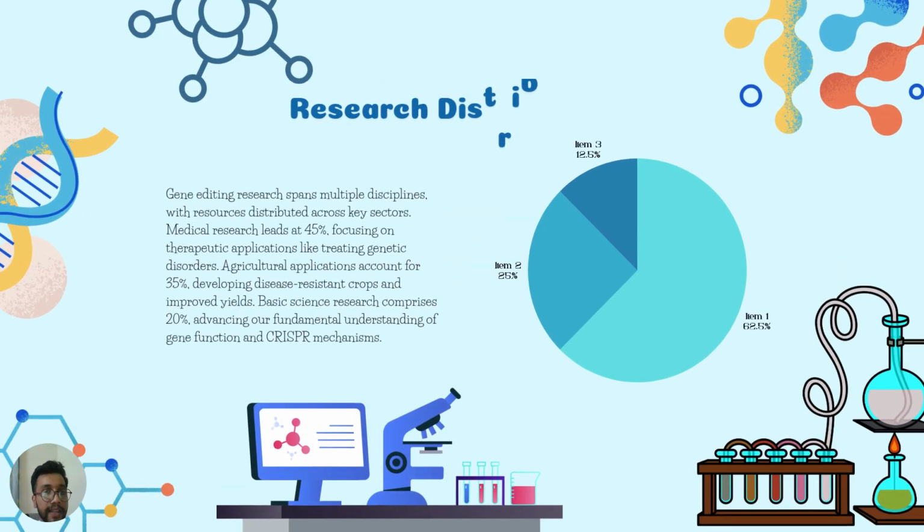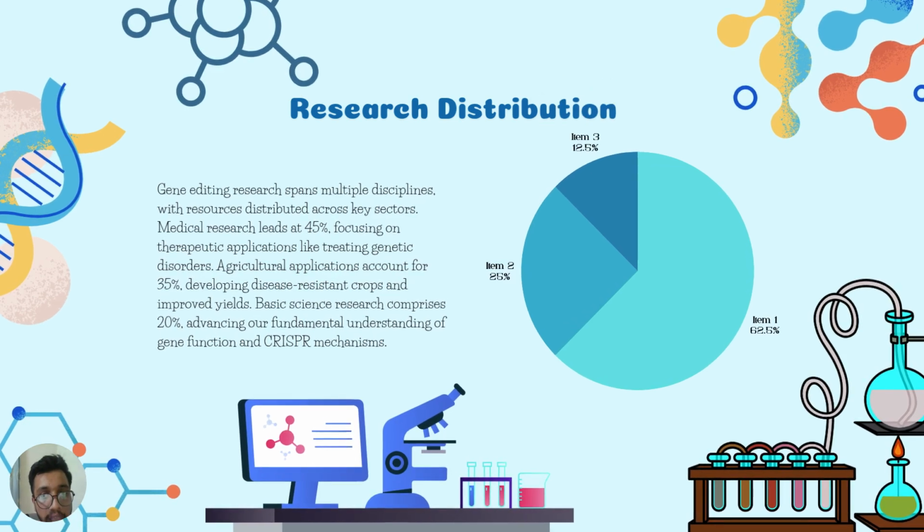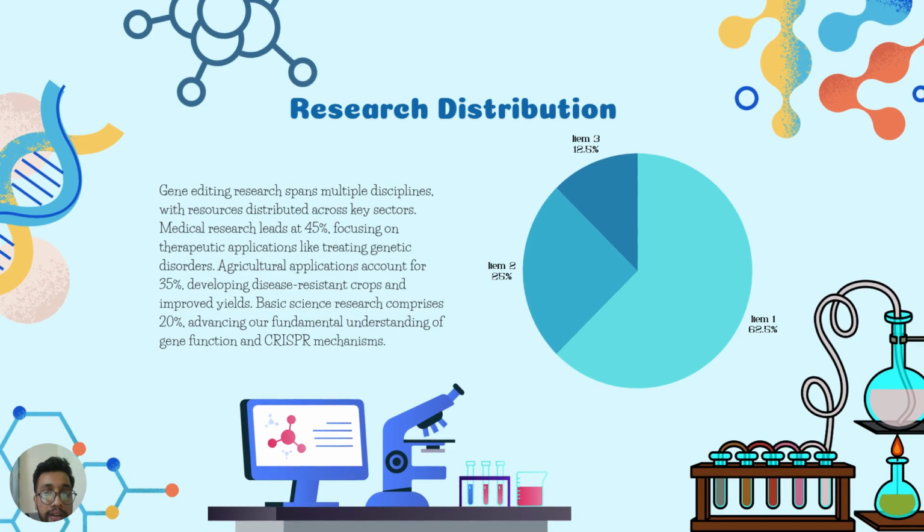The next one is research distribution. If you look at this pie chart, it looks like a clear picture of where our scientific energy is going. But wait, there is a massive critical mistake hidden right in plain sight on this slide. Can anyone spot it? If anyone of you can, then kindly comment in the section below. Let's look closely at the data.